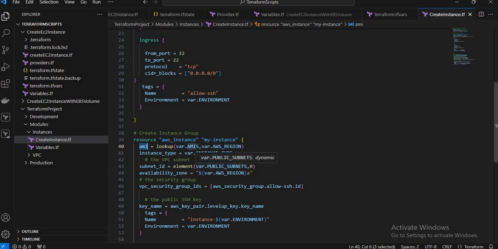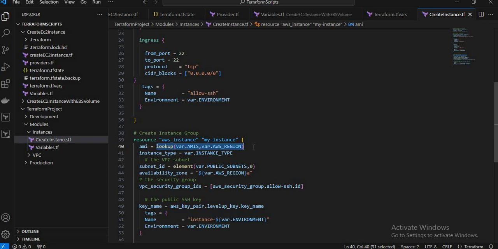is based on the region you want to create your EC2 instance in, because every region has got AMIs. AMI is Amazon Machine Image. Every region has got a list of AMIs which you can use. If you are creating your EC2 instance in a particular region, then you can use the AMIs available for that region. Okay, that is how it is. So instead of defining a hard-coded AMI, you could define a hard-coded AMI. But the problem is, if you are creating a